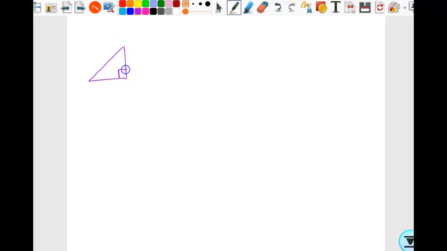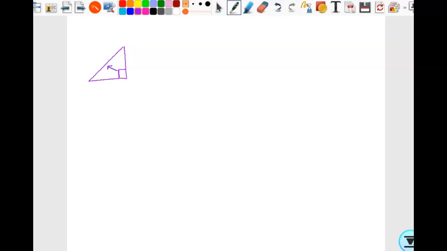All right, so first of all, this is a right triangle. I know it's a right triangle because it has a right angle. If I have a right triangle, my right triangle has a hypotenuse. How do I know which one is the hypotenuse? One is not a leg, and I know y'all are doing opposite of what? You're right. Opposite of the right angle, right? So this is my hypotenuse right here.